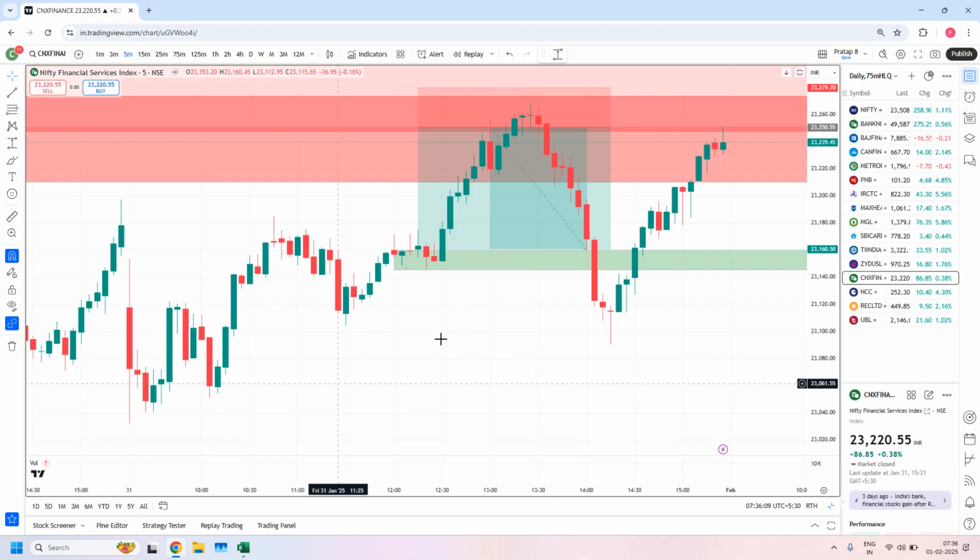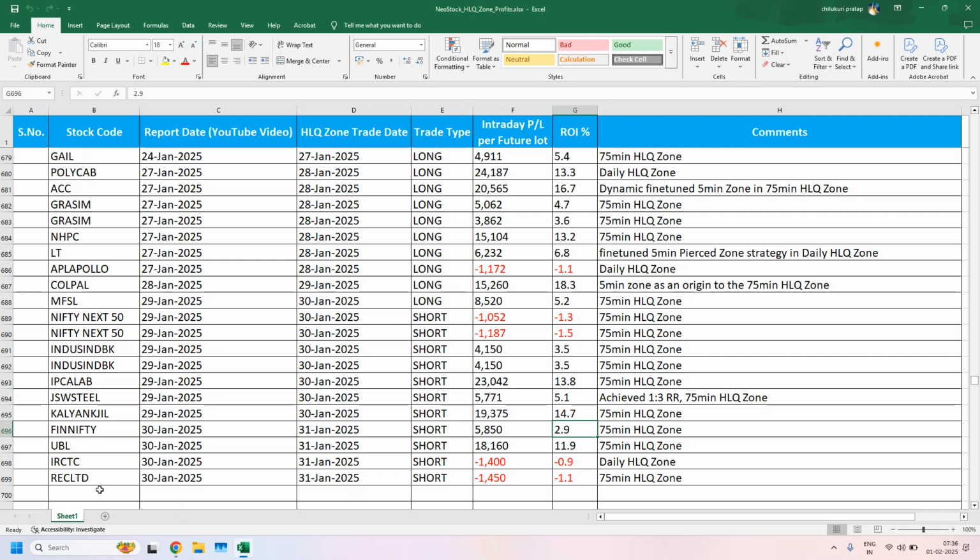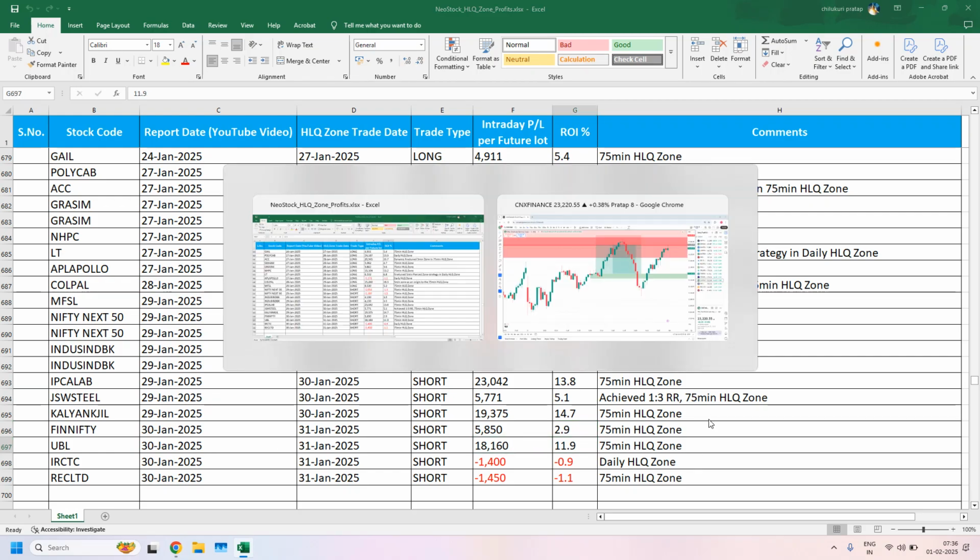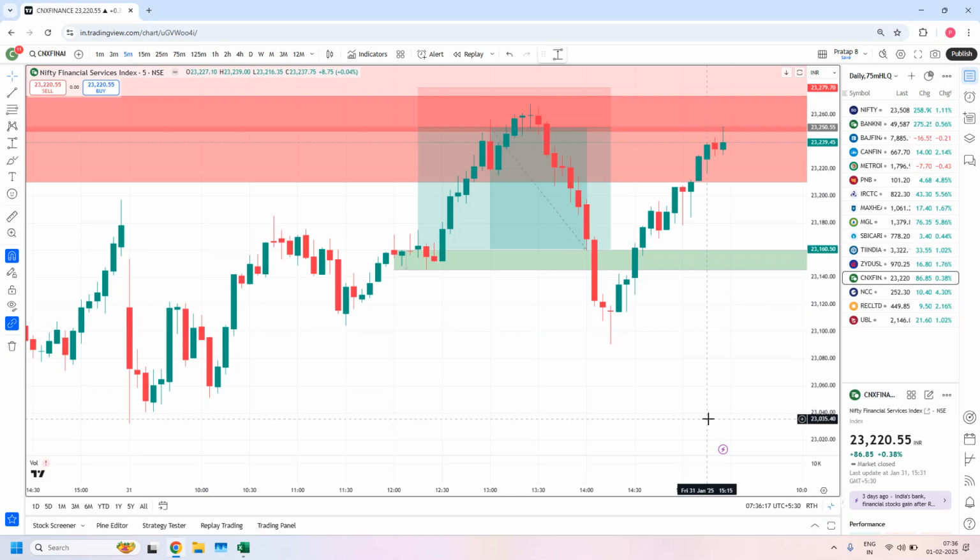See today's trade also. UBL has given 11.9, close to 12%. Okay, this is about Nifty Financial Services, FinNifty. And the next one is